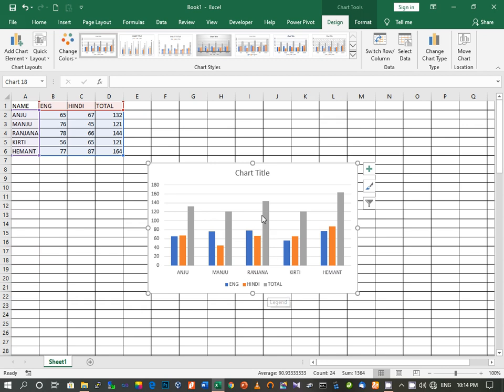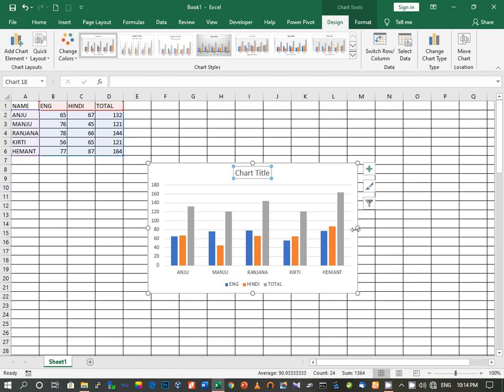Then we have chart title. Here this part is known as the chart title, and this can be modified. We can put any other chart title over here, but that modification we will do later on. Then grid lines. These lines are called grid lines. Now these are helpful for us and they will help us to plot the chart. So these are the components of chart.